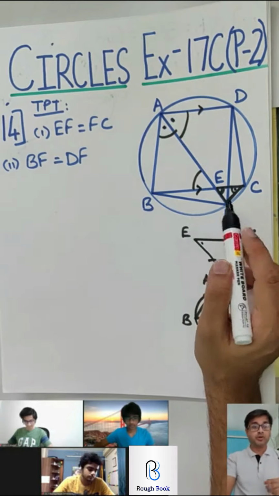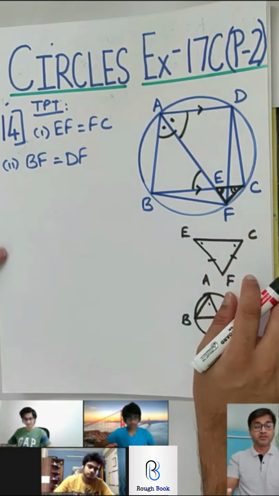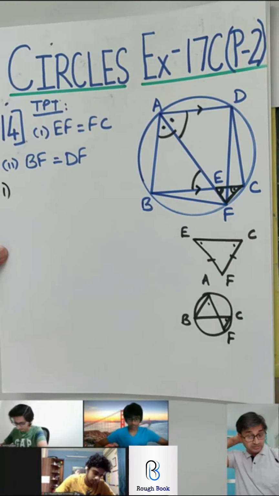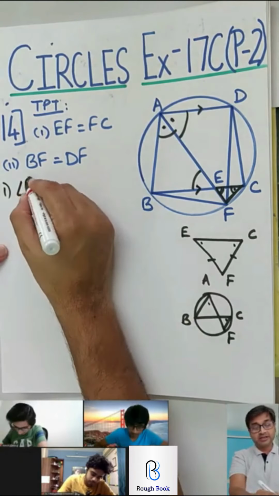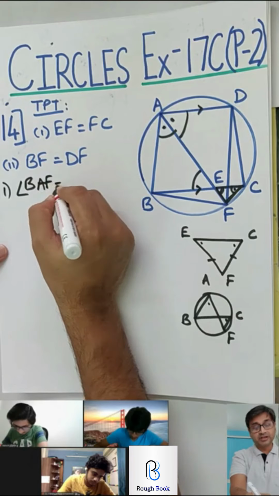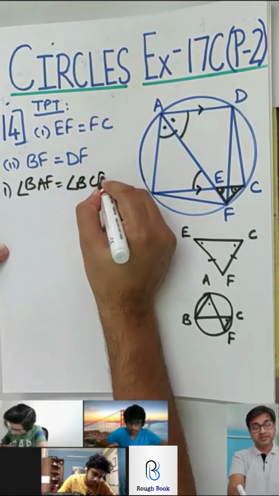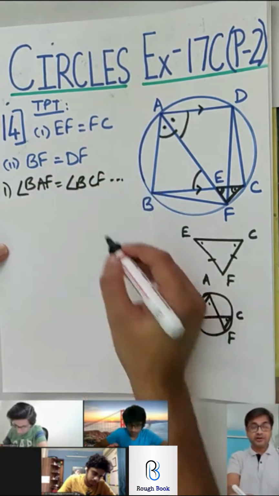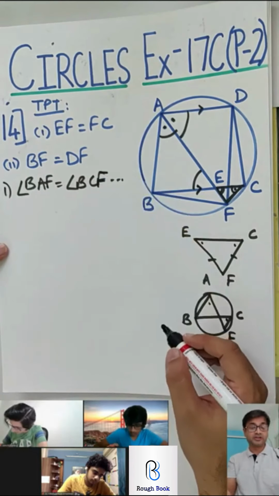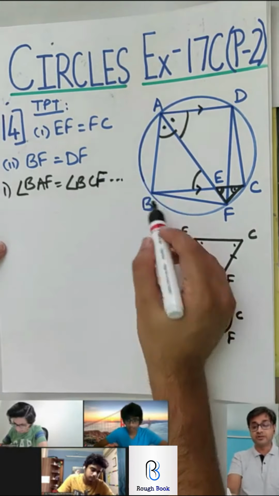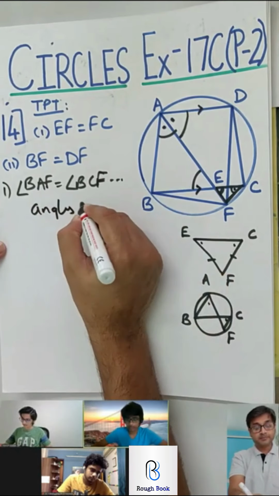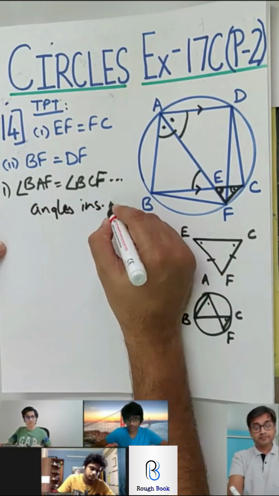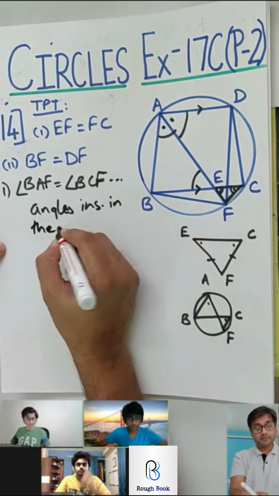Can you start writing on your own, and even I will start and then we will match in the end. So I will continuously speak so you can listen to what I am saying. Alright, so let's begin. Angle BAE, or you can say BAF, is equal to BCF. I want the entire statement repeated by Balan. What is the reason for this, Balan? BAF equals BCF because angles inscribed in the same chord.